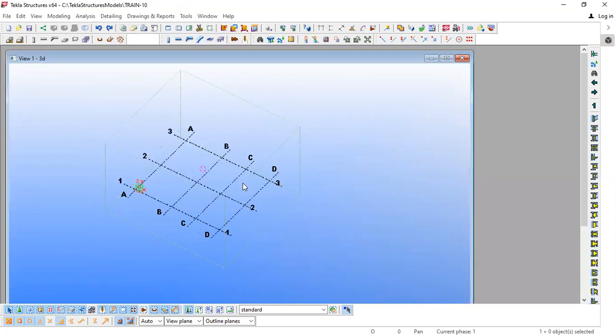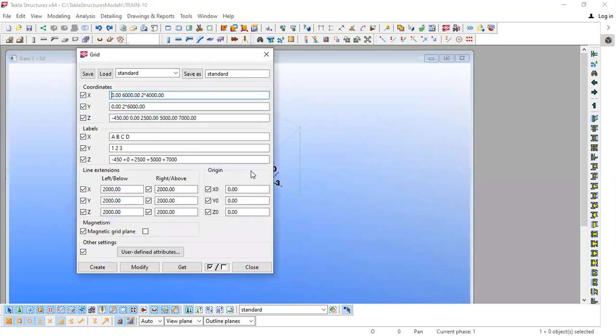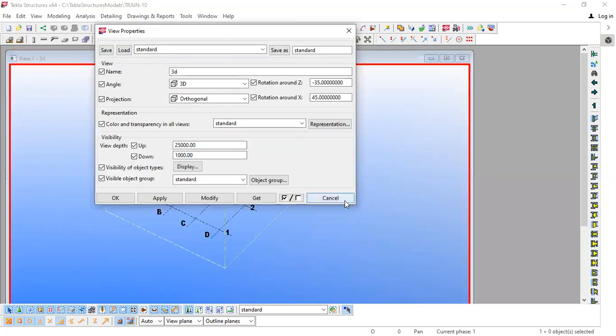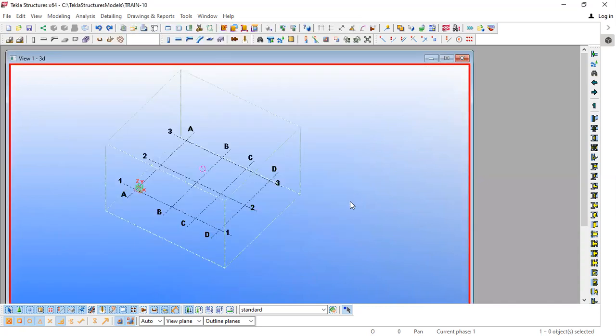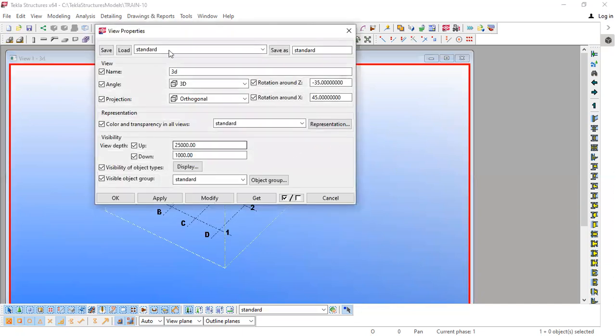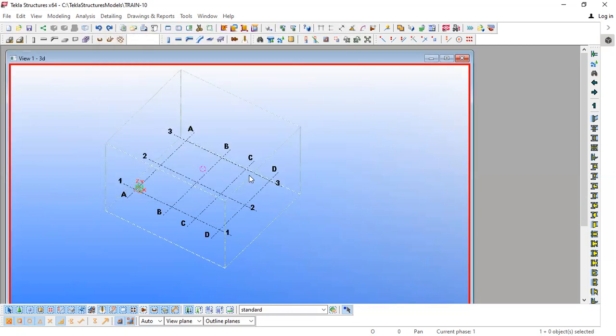And if I'm double clicking on the grid, I'm getting this grid property. I can go ahead and modify this grid, and I can go ahead and modify the view's properties also. So properties can be modified. Grid properties can be modified.